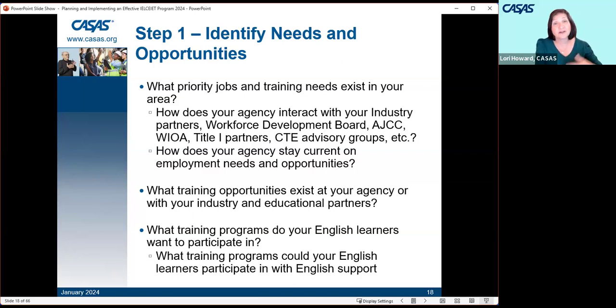And you might want to talk to your colleagues who've done it already. How does your agency interact with your industry partners, the jobs that might be available in your community? Your workforce development board can be of use, your Title I partners, your CTE advisory groups. Okay, how do you do that? Who do you contact? If you don't have contact with these people now, get contact with them and then try to figure this out, how you're going to